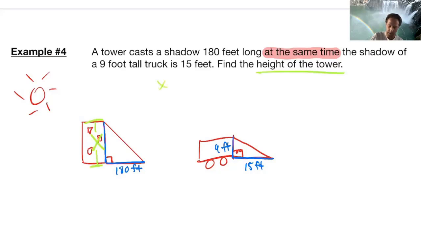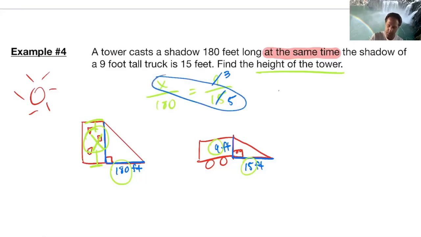So I'm going to put x over 180 is equal to, again, just make sure that you're consistent. If I'm doing this over that, then I have to do this over that. So 9 over 15. And again, now you just solve for x. So the first thing I'm going to do here is divide this by 3. And then I will do my cross product. 5x and then 3 times 180, which I know 3 times 100 is 300, and 3 times 80 is 24 or 240. So a total of